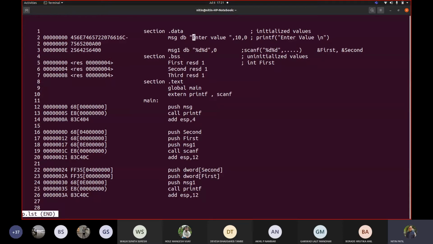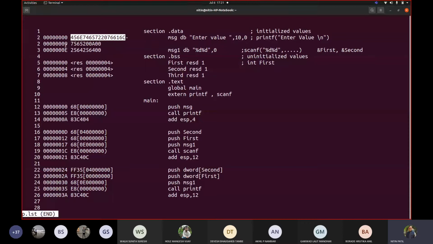Same thing possibly is here. So if I go with E, suppose this is for E, this is E N T E R space V A L U E space 10 and then 0. So you can see that if I start with this at 0, 1, 2, 3, 4, 5, 6, 7, 8.